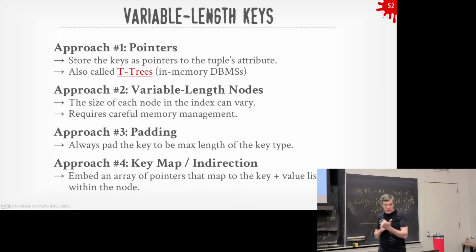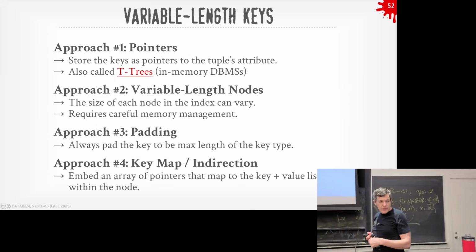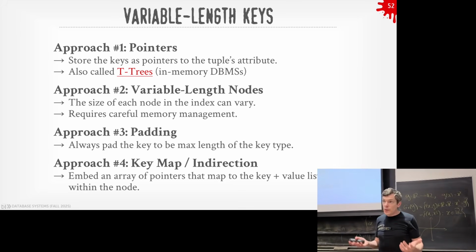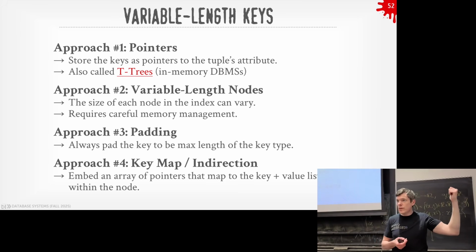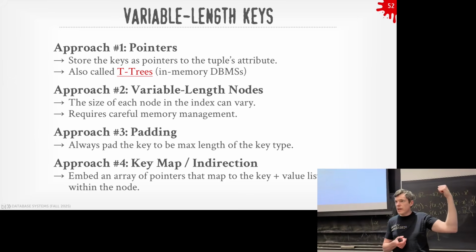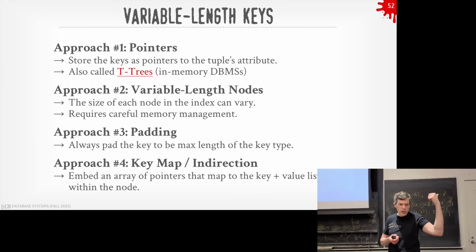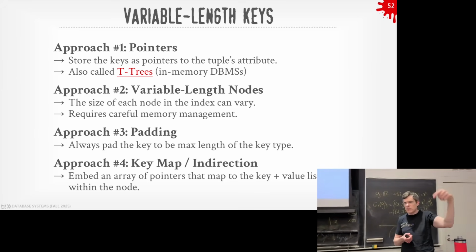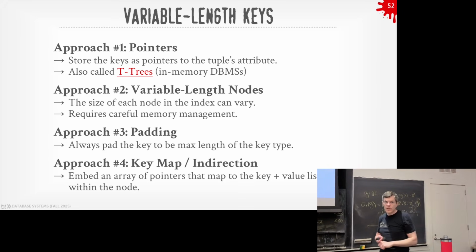All right, the next question is how to handle variable length keys. There's a bunch of ways to do this. One optimization is just to store pointers. So instead of actually storing the variable length key in my nodes, my pages, I just have a pointer, the record ID, to the actual tuple with that attribute I want. Because I already knew how to store variable length data in my table pages that we talked about before. So instead of storing that in my tuple pages, I'll store a record ID to it. Yes?